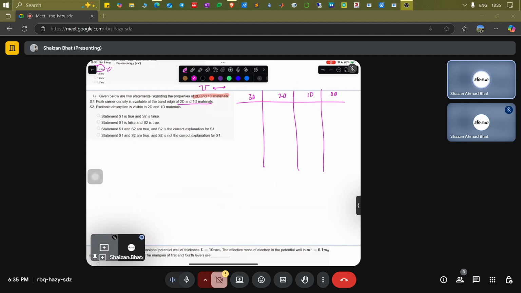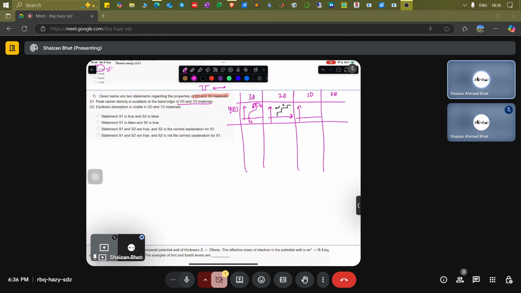If we talk about 3D, 2D, 1D and 0D materials, and you talk about the density of states, as we showed in the first slide itself, for 3D the density of states varies as square root of E minus EC, where EC is some energy value. For 2D, the density of states is like a constant, but slightly shifted from the band edge. That means it's like this, for different subbands, subband 1, 2, and so on.